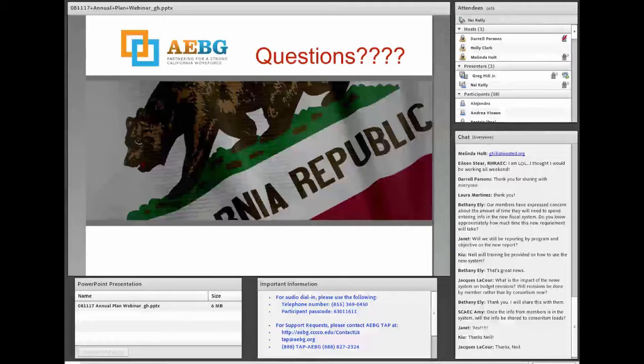If some of you have not read the new AEBG Data and Accountability Report to the Legislature, it has a wide variety of changes for 1718 in data collection and how we're spending, or restrictions on spending. So I suggest you attend one of these face-to-face trainings.